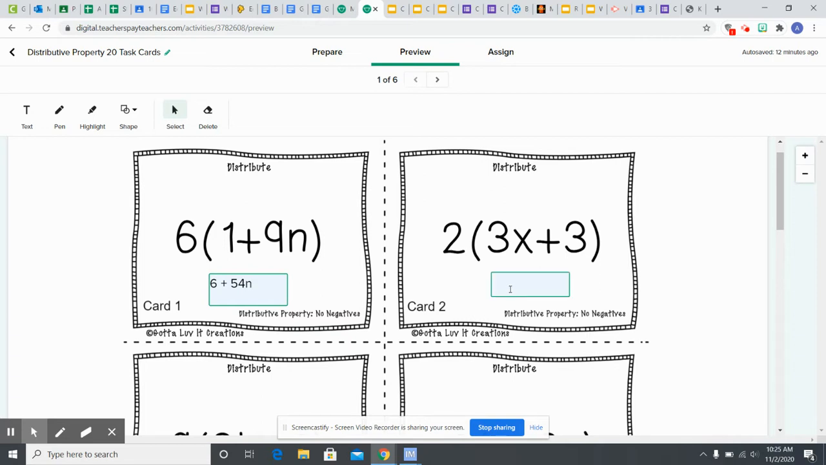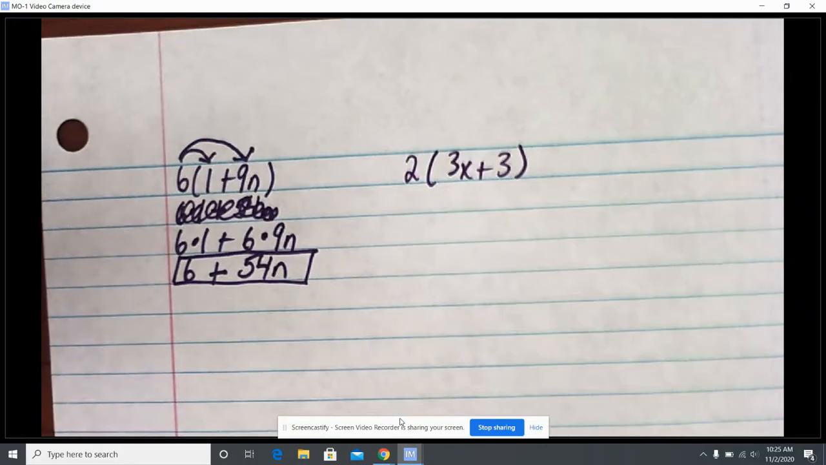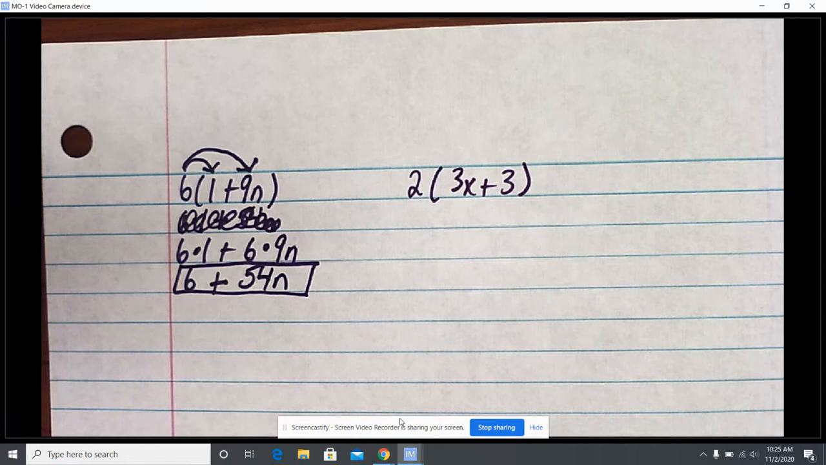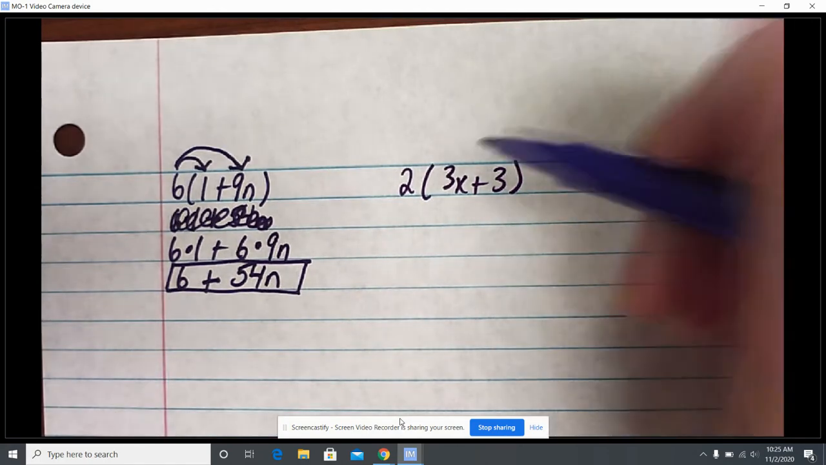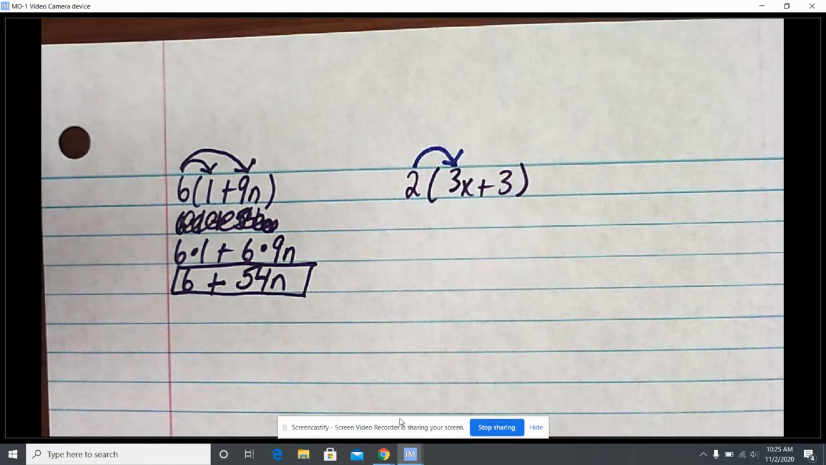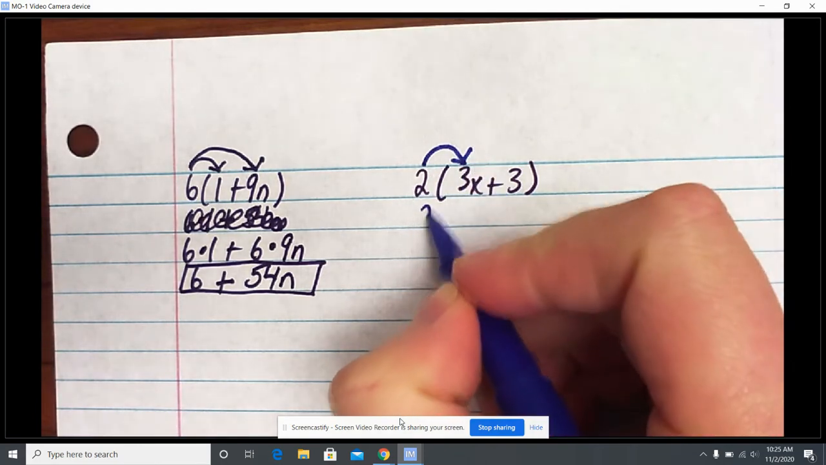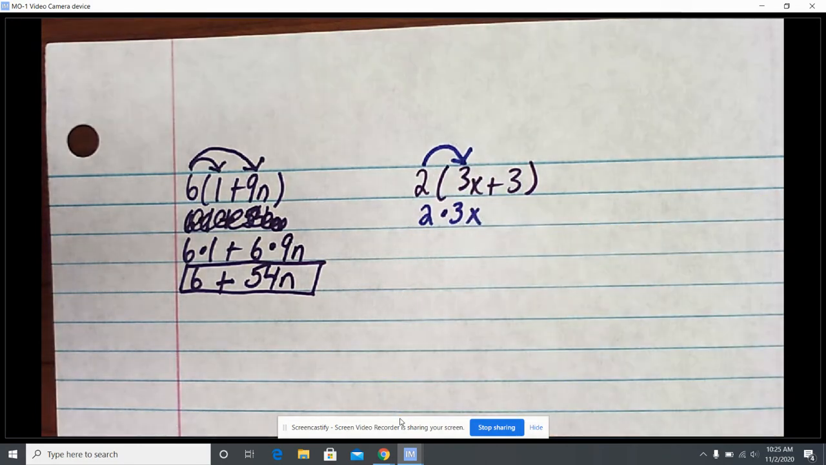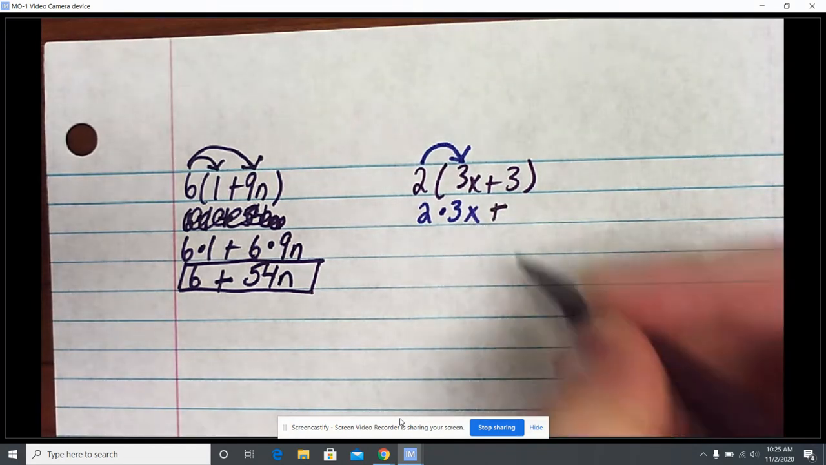All right, card number 2. So we've got 2 times 3x plus 3, or 2 parentheses 3x plus 3. So heading on back over. All right, so my 2 is what I am distributing out with my terms on the inside of my parentheses. So I'm distributing out my 2 with the 3x. So when I do that, I'm taking 2 times 3x plus,